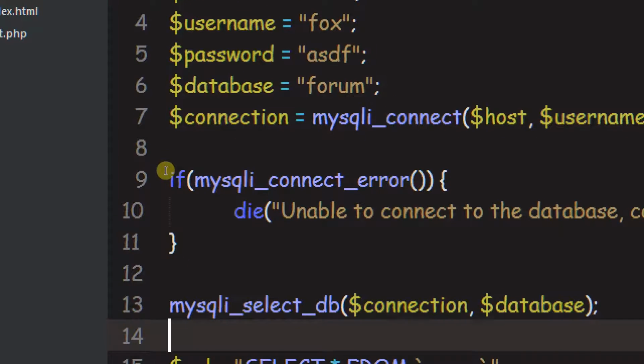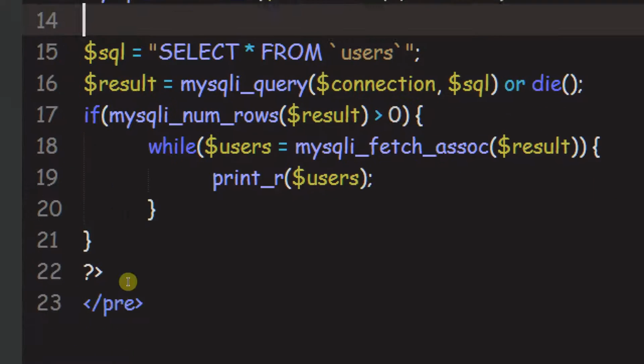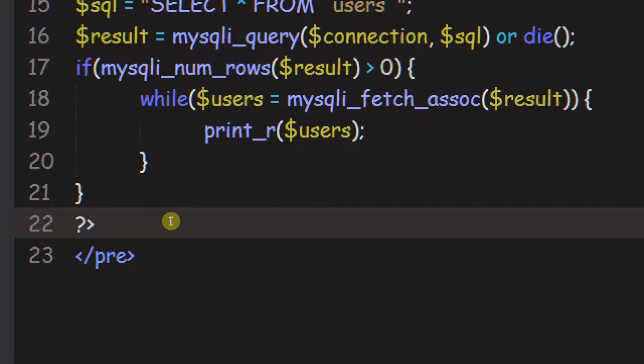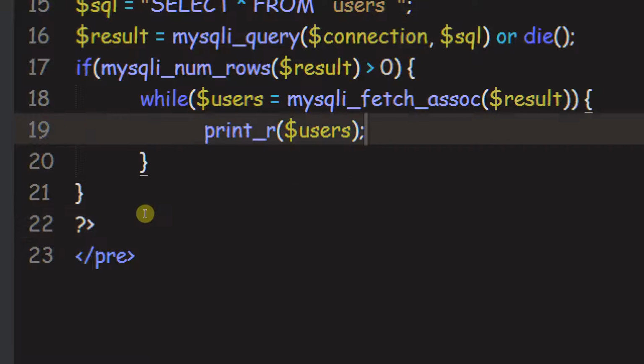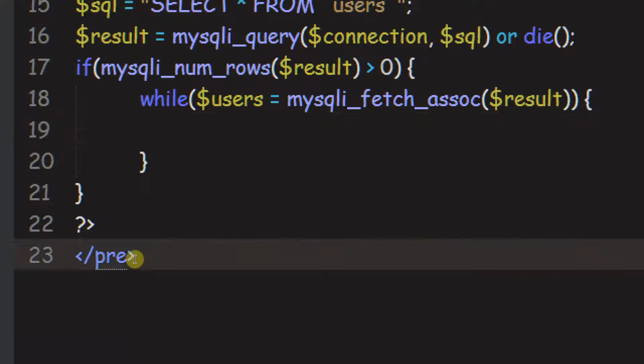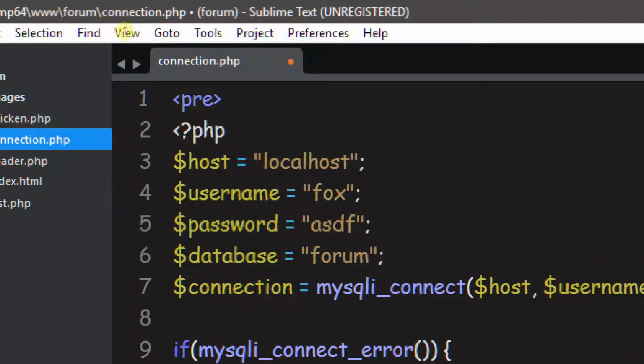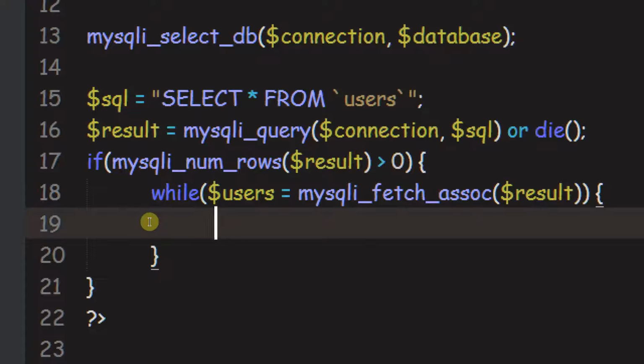To do that, we're going to be using regular HTML and echoing stuff out on the page that will make it look good. So let's get into it. The first thing you want to do is delete this print_r statement. We're going to replace it with actual HTML, and delete these pre tags because we don't need them. Now we need to create a PHP break in the while loop, and to do that, of course, we do